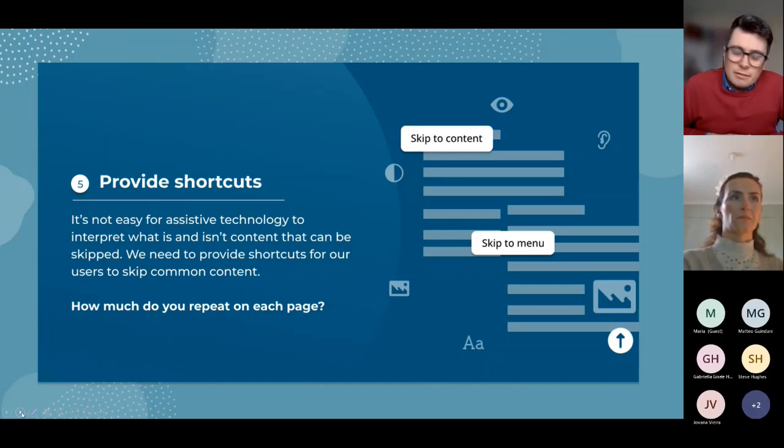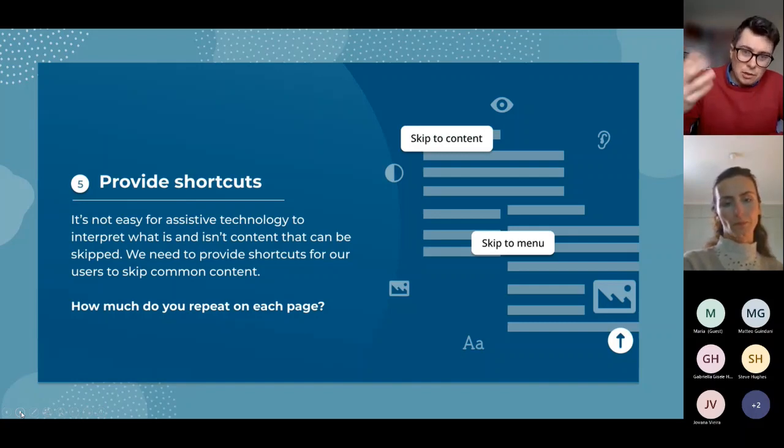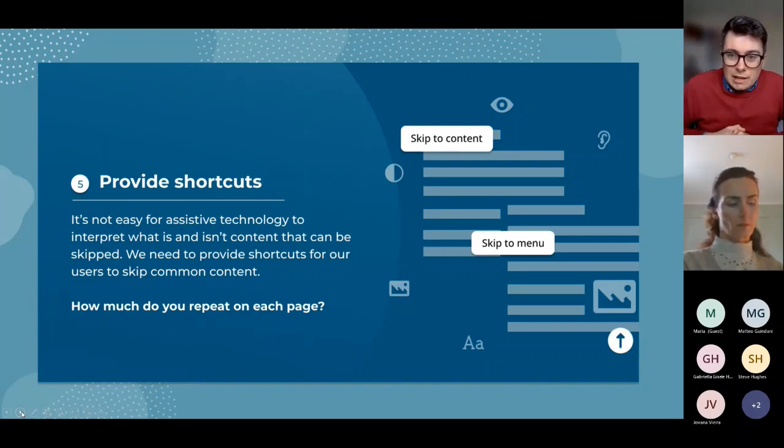And you'll see this in good accessible sites. If you have the page in focus and the first thing you press is tab, hopefully this button will pop up. And if you tap it or press enter or click it, then it will jump straight to the body of the content and focus that, and jump over all the menus and submenus and mega menus or whatever else appears before the content. And it's the same with the menu as well.